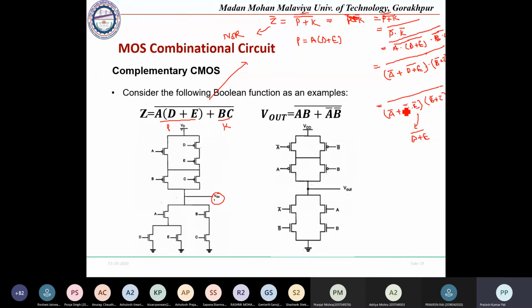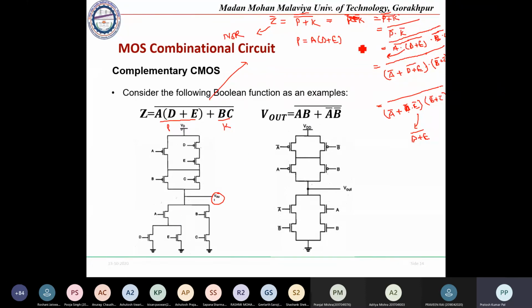Along with that, if we proceed further, if this is the representation, okay, so it is like A dot D plus E. That is having a NAND gate function. So this NAND gate function will be implemented. Okay, so in this NAND gate implementation, whatever output was there, D and E will be the NAND gate function, so it will be in series form. Okay, and this overall is having, before that, your OR gate function, sorry, NOR gate function.